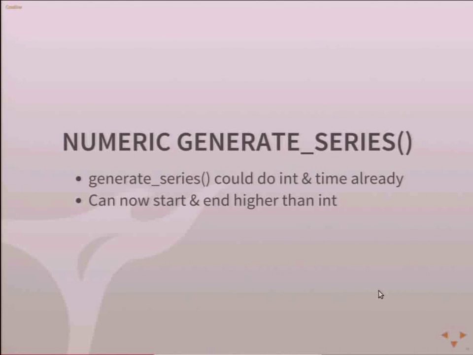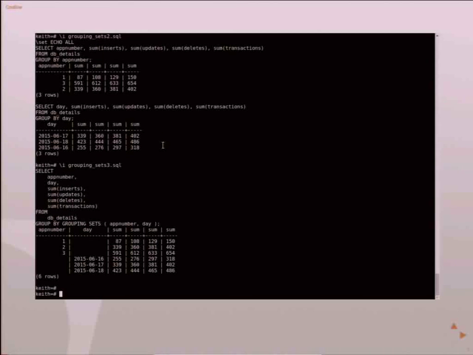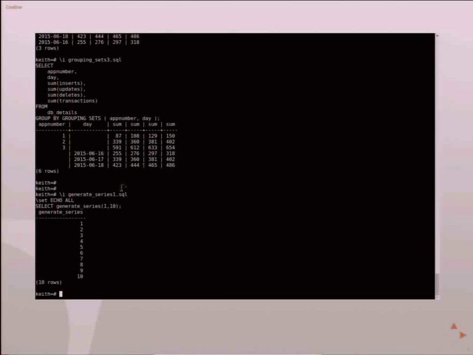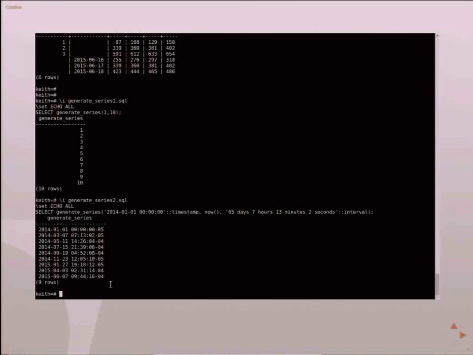There's now, and I don't know if people are familiar with the generate_series function. It's one of those things that's very handy if you know about it, and now it can handle numeric values. If anybody's not familiar with what generate_series does, before, if you just wanted 1 through 10, you'd do generate_series 1, 10, and you get all your numbers back. It actually can do time as well. Most people don't know that. They're just used to using it for numbers. You can do it in time and give it any arbitrary increment you want.